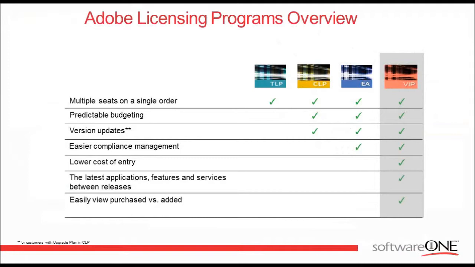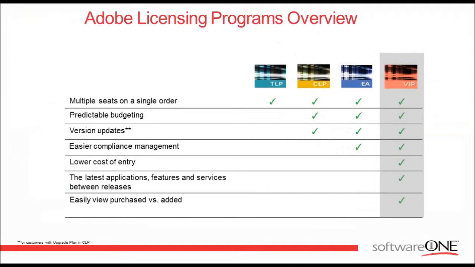The last column is the VIP. So this is the new model for Adobe as a whole. This is the future of where Adobe contracts will go. And as you can see, just as the contracts compare, it's flexible. We're going to jump into a bit more of the actual VIP contract and what the functional aspects of the contract are in just a bit, but this is just a high-level overview of what we're discussing in volume license.